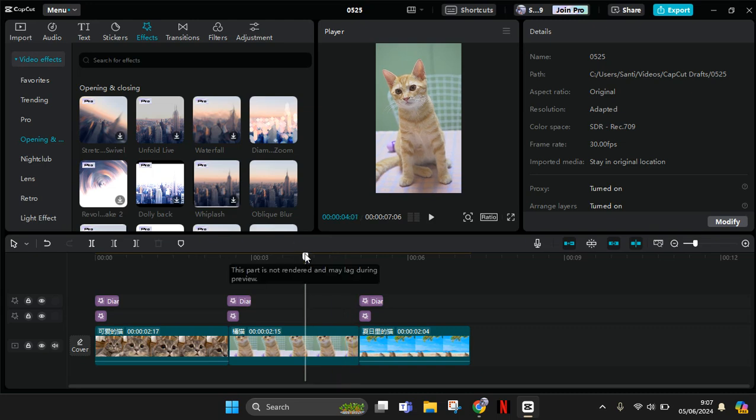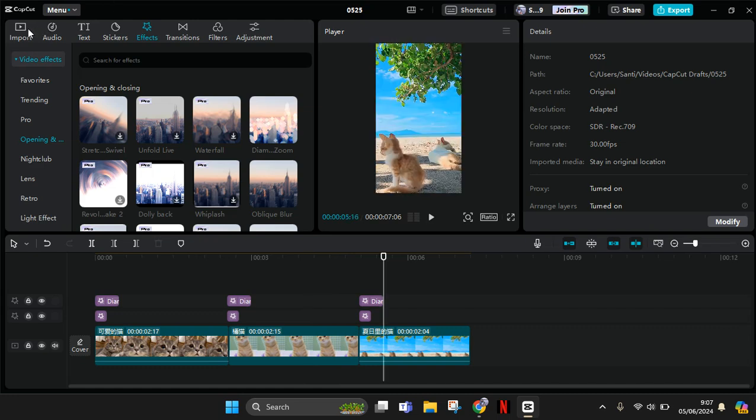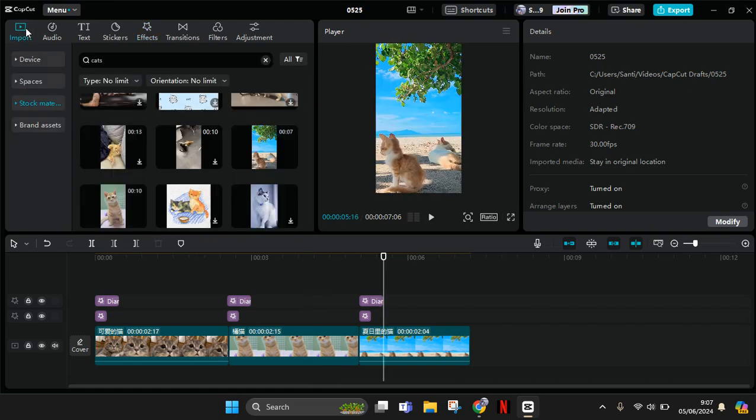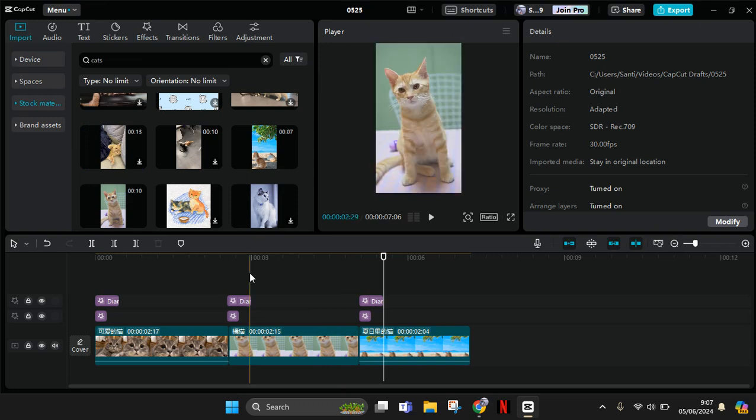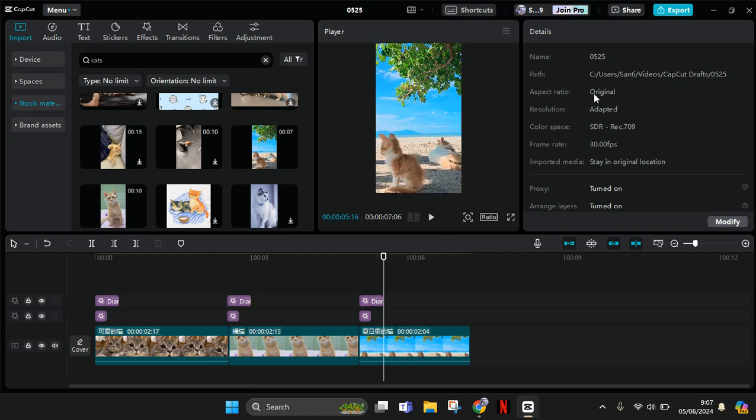On today's tutorial, I'm going to show you how you can subscribe to the CapCut Pro. So if you want to use a Pro feature on CapCut, you need to first join or subscribe to CapCut Pro. So here I'm already on my edits, and to join or subscribe to CapCut Pro, you can just click on this Join Pro button at the top. Click on that,